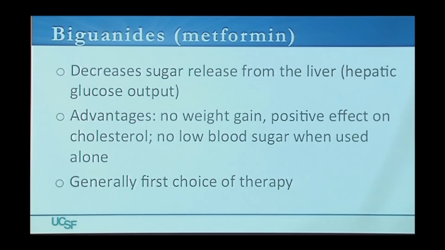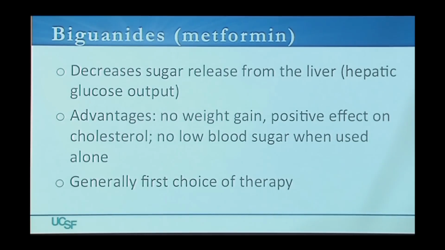Okay, now moving on to the metformin. And metformin's part of the family of medicines called biguanides. Actually comes from the French flower, lilac flower. So how does metformin work? So metformin does nothing at the pancreas. It does not cause it to make more insulin. But it's going to that liver where, remember, the liver was insulin resistant and was putting out too much glucose into the body. So the metformin works mainly at the liver to reduce sugar output or release,